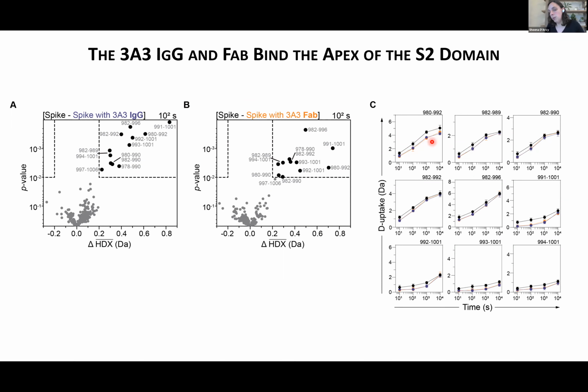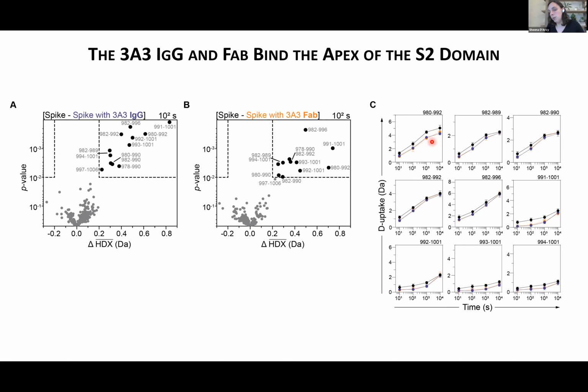We can almost completely see our epitope here. So this tells us that this 3A3 epitope is conformationally sensitive and perhaps explains why we were not having much luck with the cryo-EM. So if we put this in the context of this conformational change of this S2 domain,